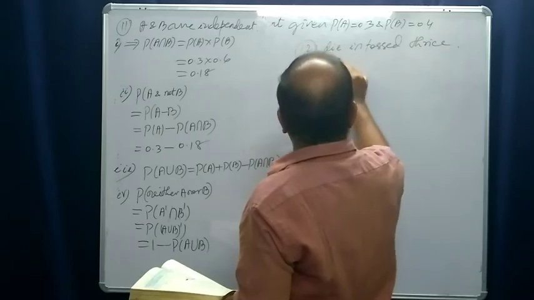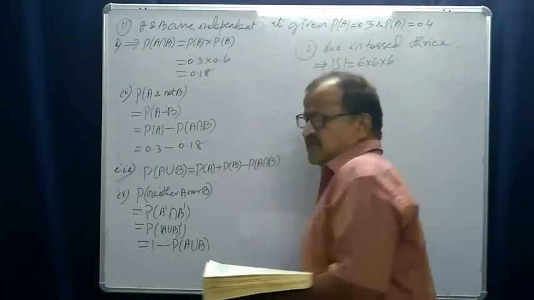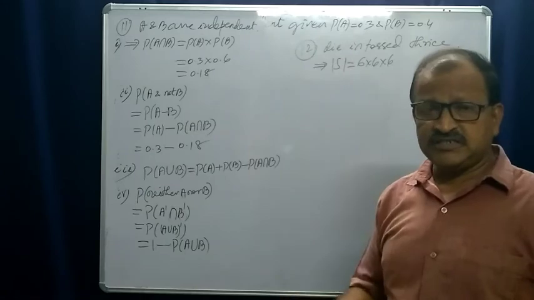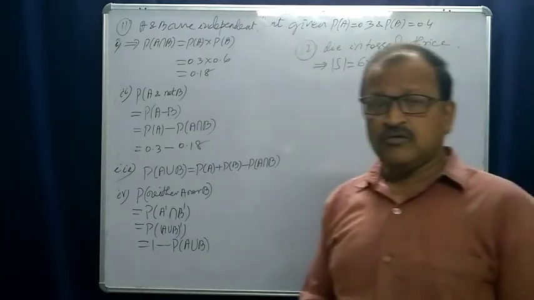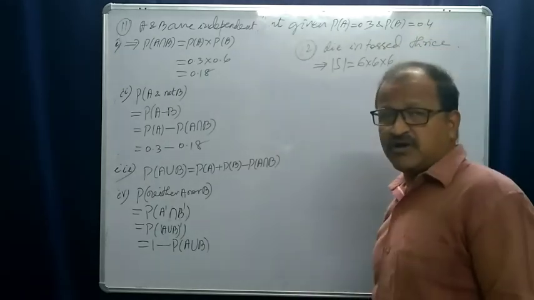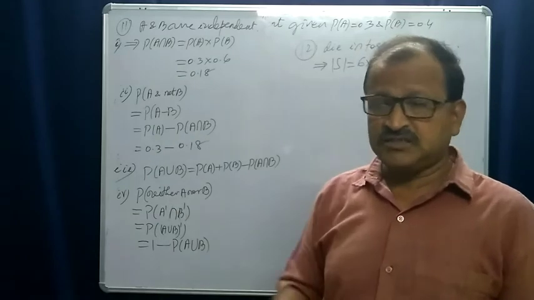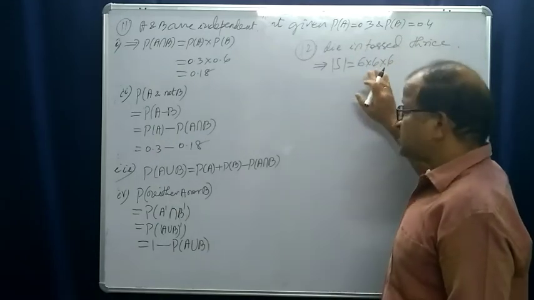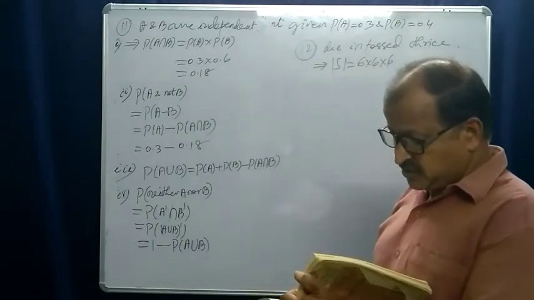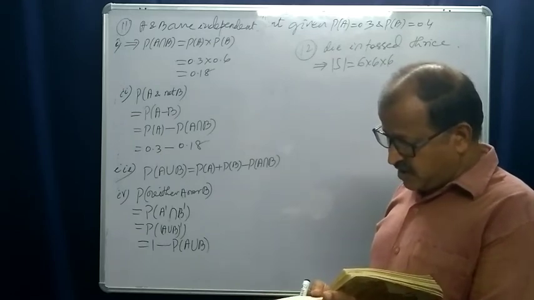This implies cardinality of the sample space will be 6 into 6 into 6, because a die can be rolled in 6 different ways. That means a die can show any one face out of the 6 faces. So while it is thrown thrice, the sample space can be done in 6 into 6 into 6 ways. Find the probability of getting an odd number at least once.